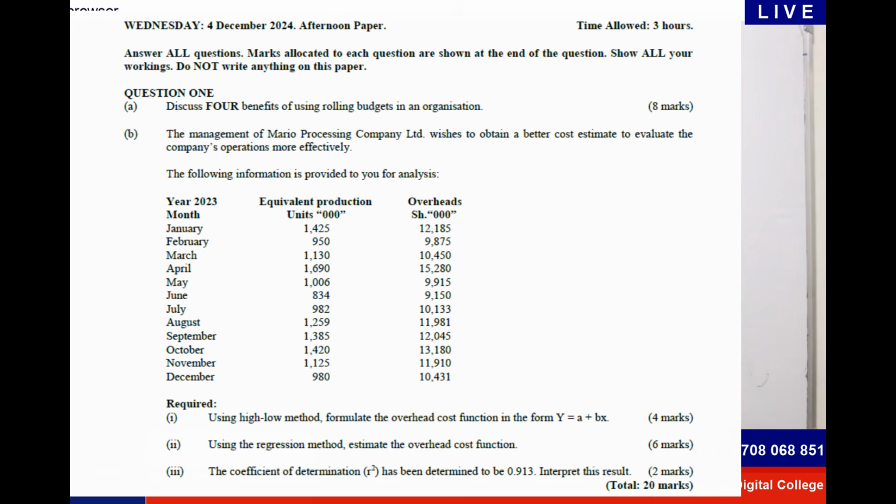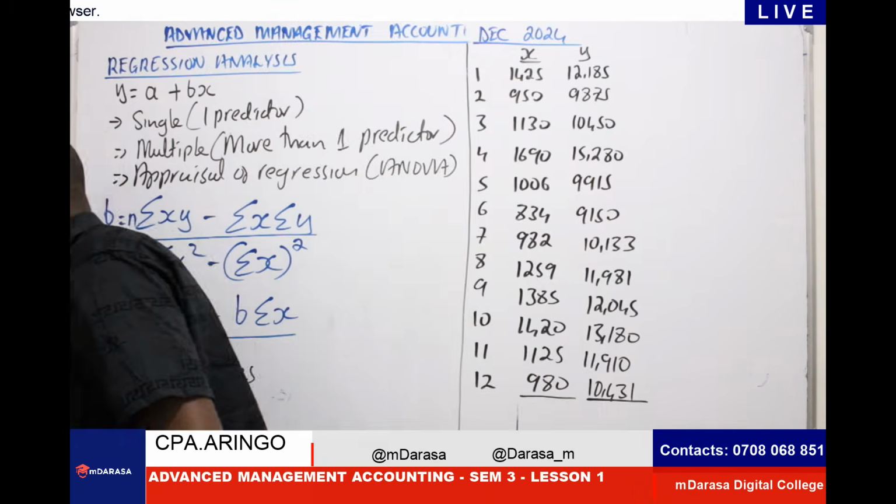See, once you have established that, look at how our work will be very simple.